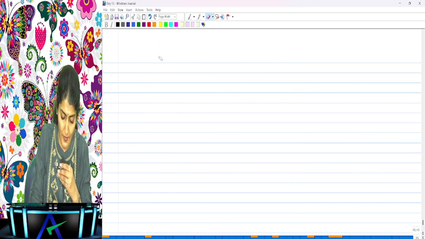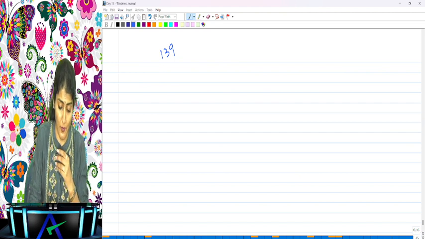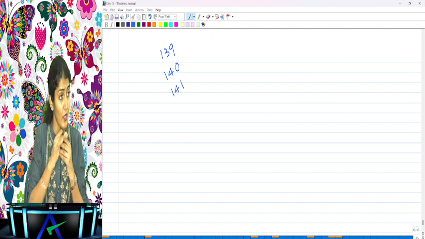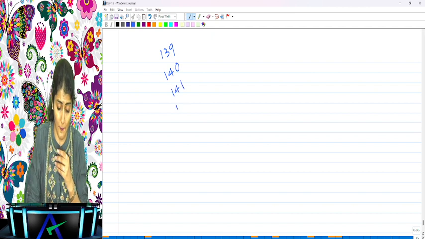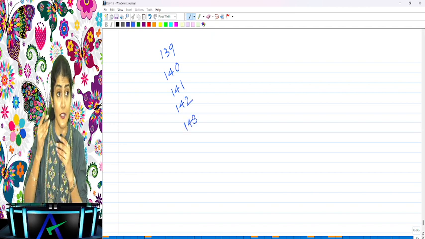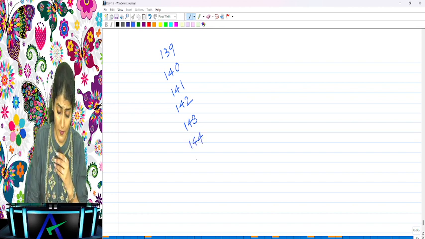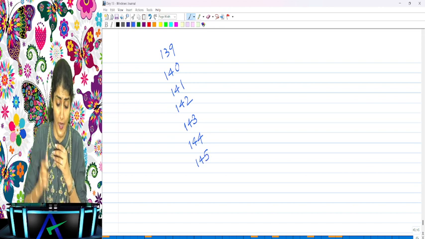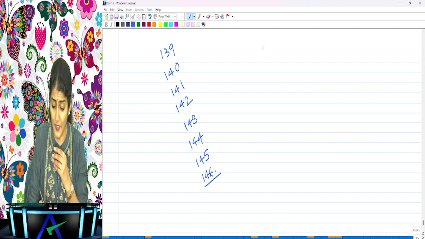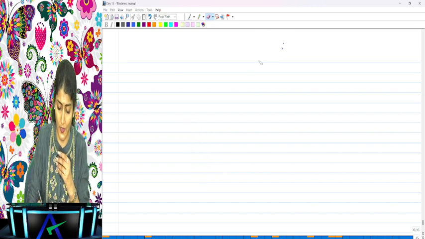So if I look at starting from section 139, what is 139? Appointment of the company auditor. 140, removal of the company auditor. 141, qualifications and disqualifications of the company auditor. 142, auditor's remuneration. 143, rights and duties of the company auditor. 144, auditor not to render certain services. 145, auditor to sign the audit report. 146, auditor to receive notice and attend the general meeting. So now we come to section 147, which is regarding the punishment for the non-compliance.